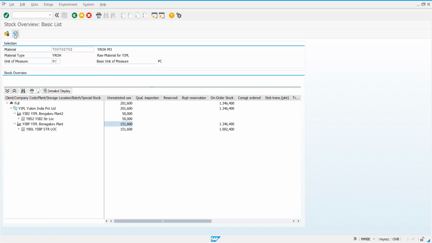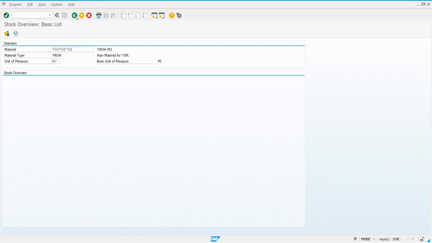So this gives the entire stock now 201.600. Actually, we have done some conversion of units because of which it is appearing like this. We have used same material. I think you can just create a different material and try. So you get this. You will have to do multiple selection in the views here.